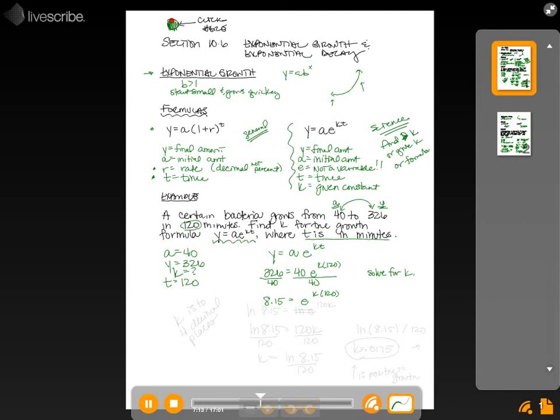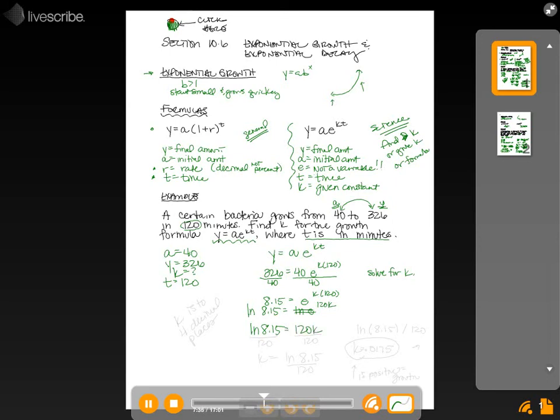Now our next step is to get rid of the E, because we got to bring that exponent down. To do that, you did this in 10.5, you're going to take the natural log of both sides. And what happens is that these are next to each other, they cancel each other out. So you get the natural log of 8.15 equals